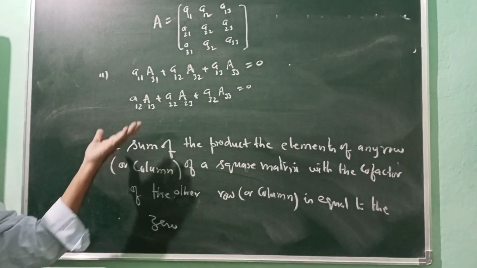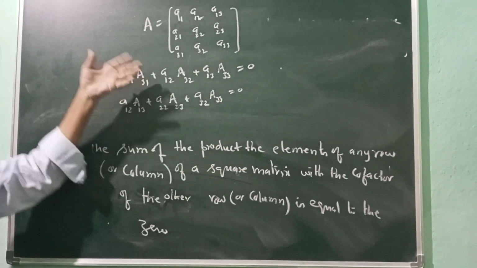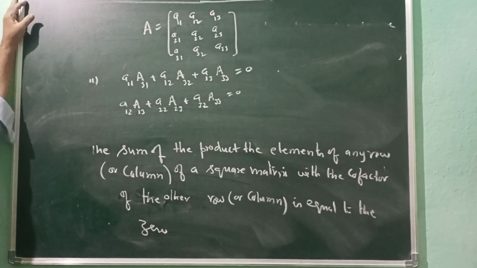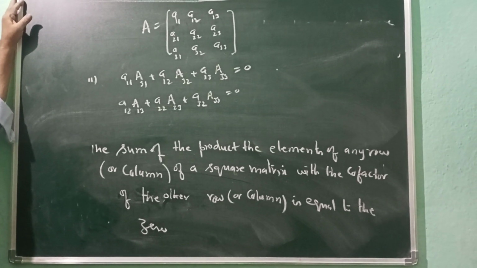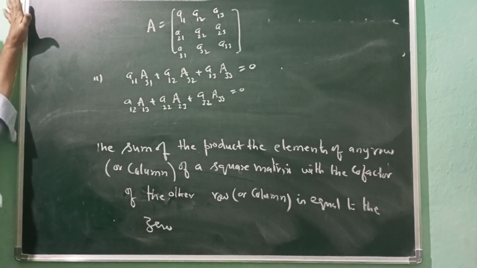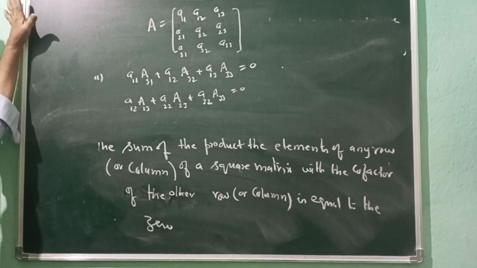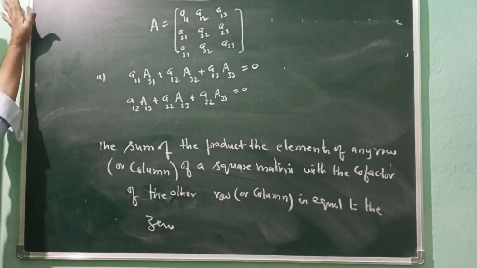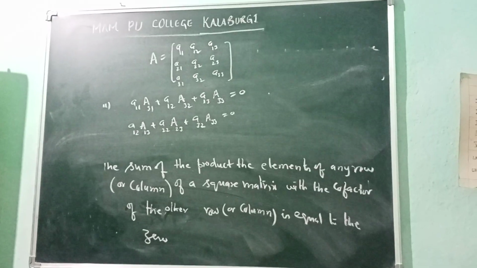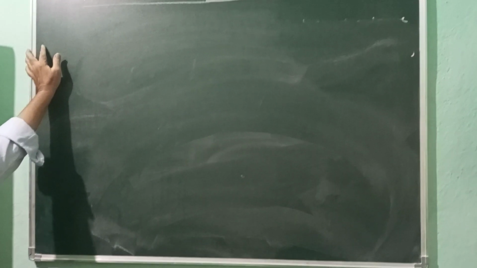It is very easy to verify. Easily we can find out the cofactors, multiply them and add them, and we get the answer. It is very simple to verify. But here, to solve the problem, it is necessary to remember. What is the meaning of?